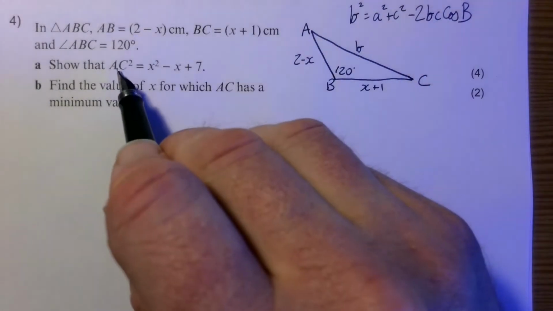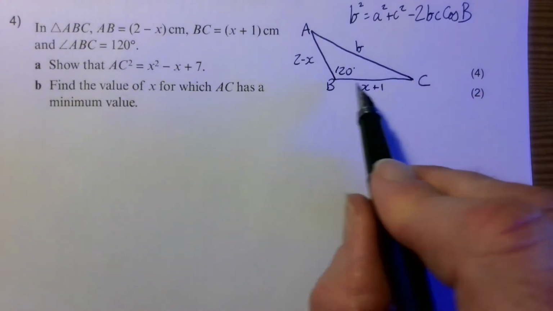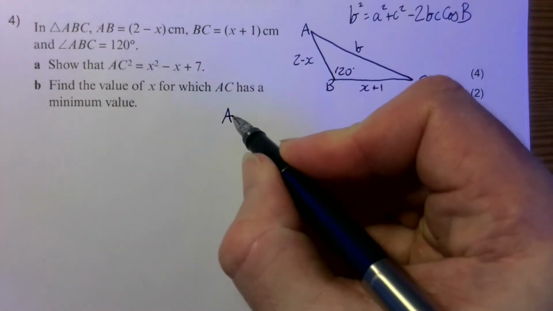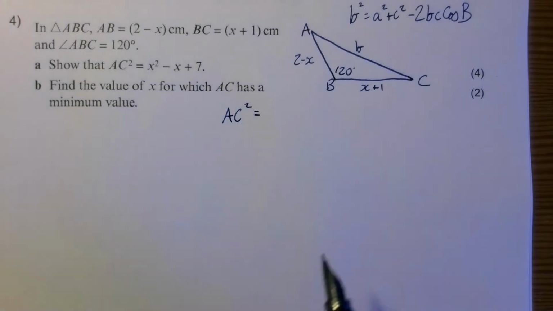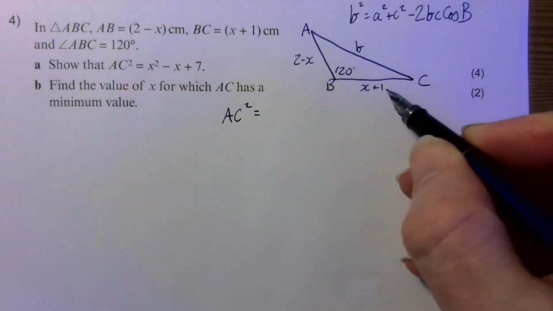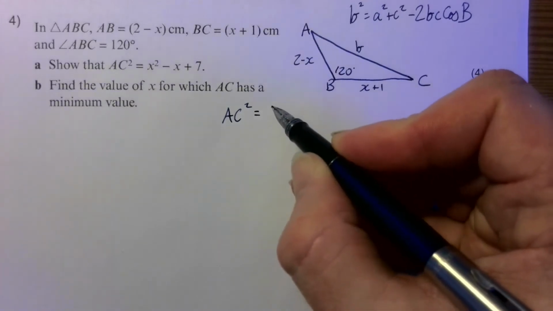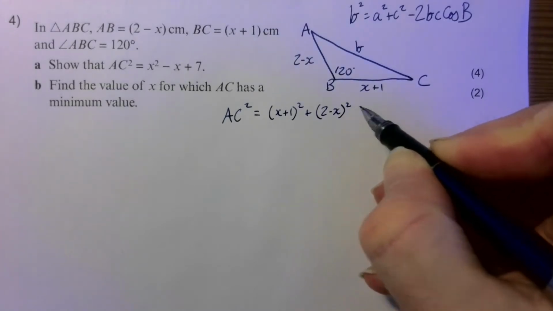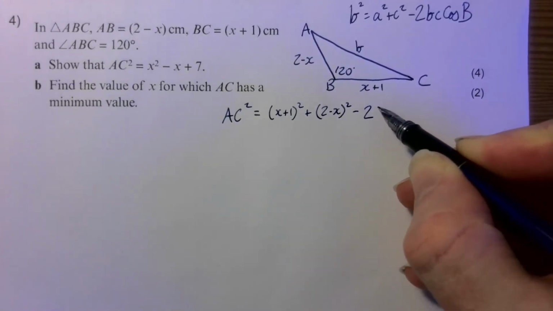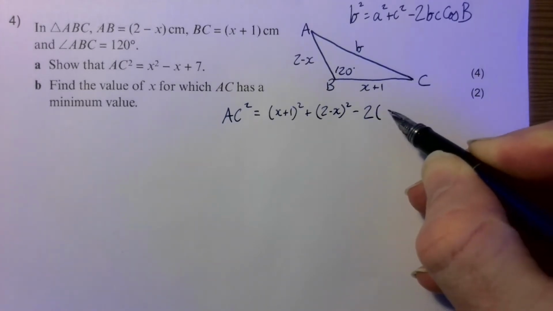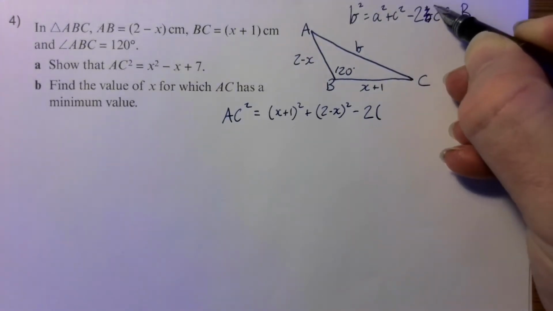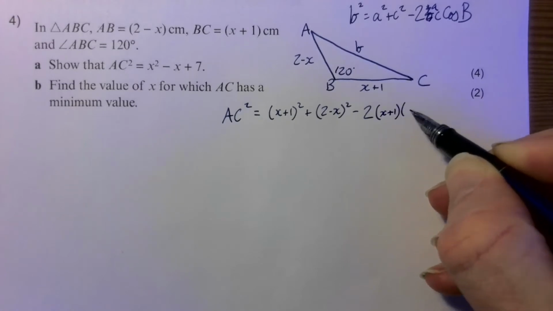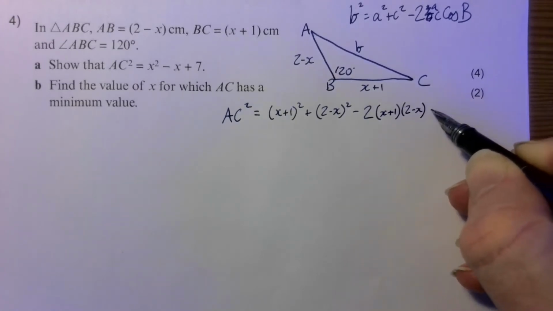So now we just need to substitute into that what we've got here. So AC squared, well, we may as well call that AC because that's what they've called it. AC squared is going to be equal to, both these lengths need to be squared, don't they? So which one do we call that? This one here. So x plus 1 squared plus 2 take x squared take 2 times, yeah, they both, oh, it's not B, is it? That should be A. X plus 1 times 2 minus x cos